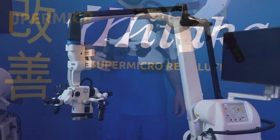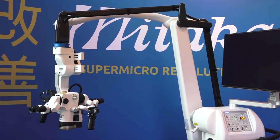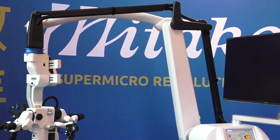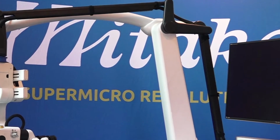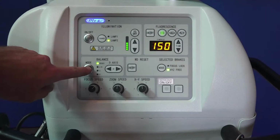First, ensure that the vertical arm of the microscope is positioned as shown. If the arm is completely vertical or stretched too far forward, it will become more difficult to optimally balance the scope. When the microscope is positioned correctly and ready to balance, go to the control panel and press the mode button